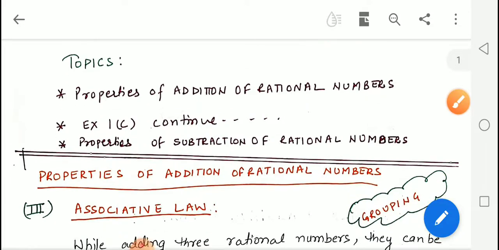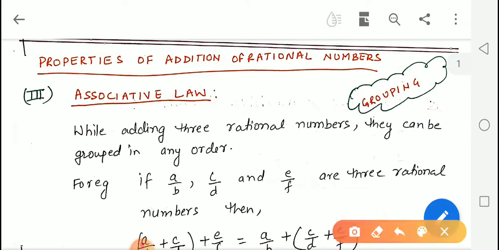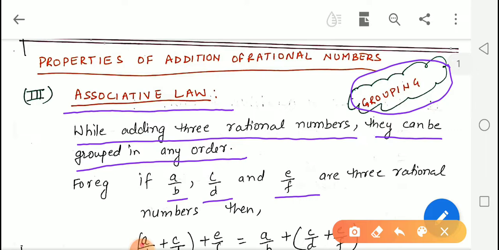Now, let us start with our third property, that is associative law. It says that while adding three rational numbers, they can be grouped in any order. This property is also called grouping property. For example, let A upon B, C upon D and E upon F be three rational numbers. Then